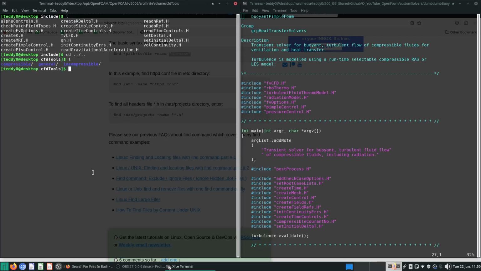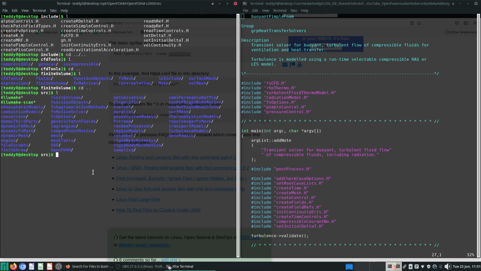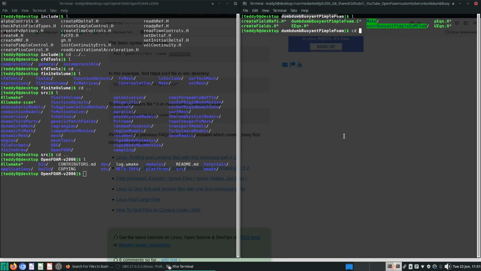Okay, so what have we gone through so far? Hopefully, just to refresh your memory. Again, the source code is usually divided into a few places. Firstly, your application source code is usually in this applications directory. And all your dependencies are usually located in this src directory. Then if you have all these includes, you can tell the Make file to go and look for the includes there. So for example, if you go to your Make folder,